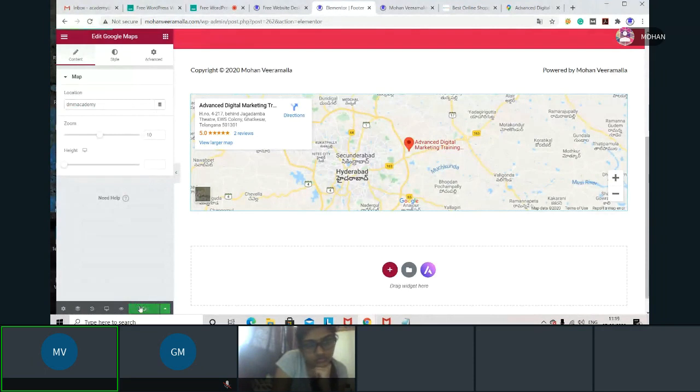By default, when we are in the page directly, if you are giving the name also, you are getting the map. If you are doing it manually in the widget section, then you have to give the embedded map code, then only you will get it. If not, you will not get it. This is a coding part which is already done in the theme, so that's why you are getting this map directly if you are giving a name. If not, you will not get it. You have to do it manually, which we have seen in the starting session.